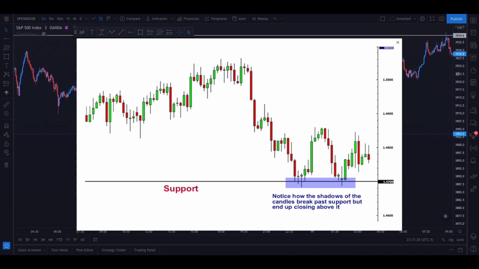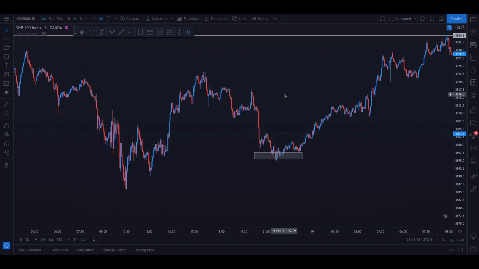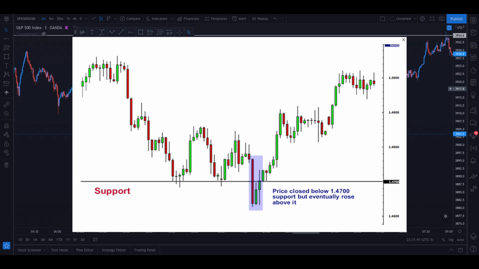Some argue that a support or resistance level is broken if the price can actually close past that level. However, you will find that this is not always the case. Let's take our same example from above and see what happened when the price actually closed past the 1.4700 support level. In this case, the price had closed below the 1.4700 support level but ended up rising back